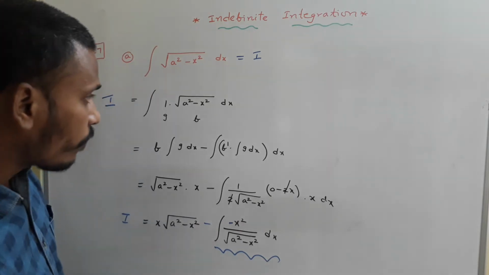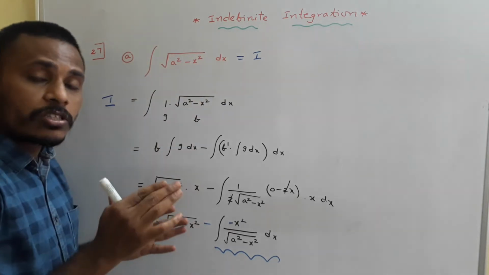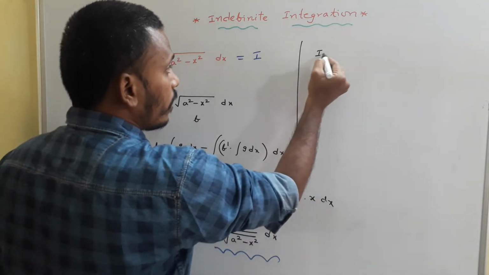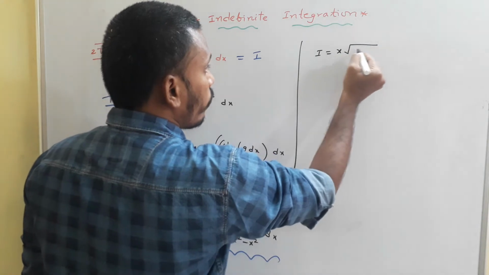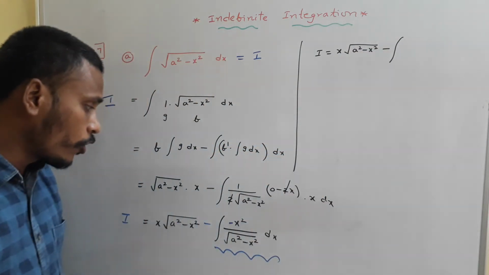Okay, finally what we have in our hands? This is the integral value. Our task is to find I at the end. So now I is equal to, what is this part? This part is x root of a square minus x square minus integral of, now look here, since it is